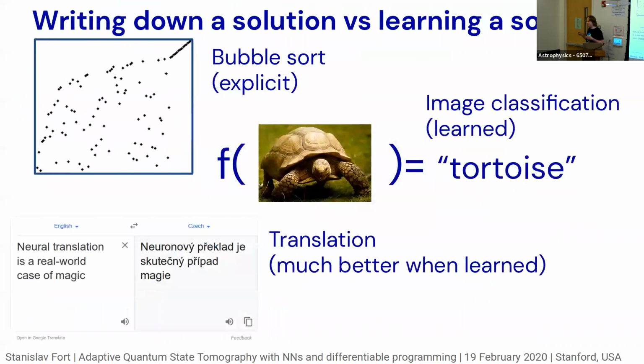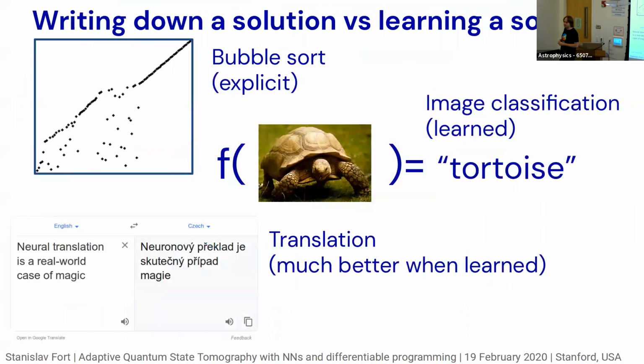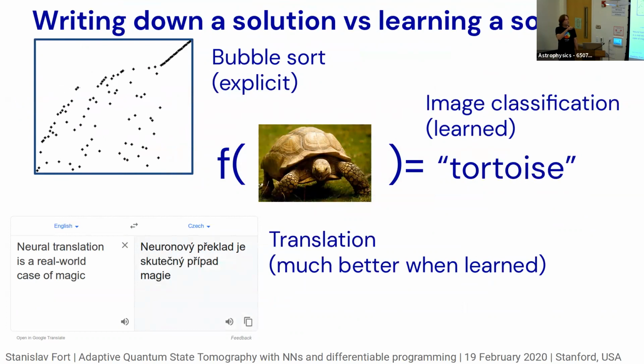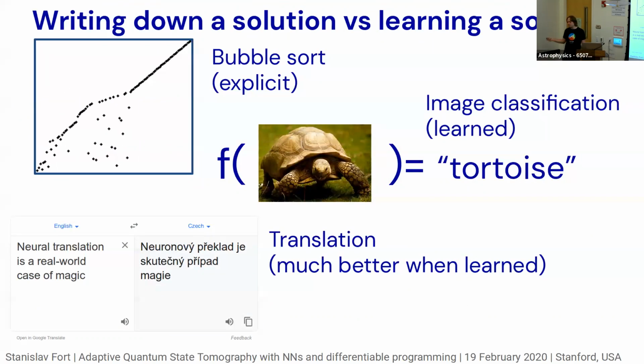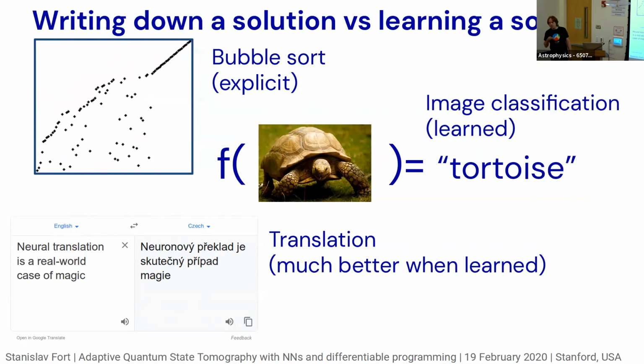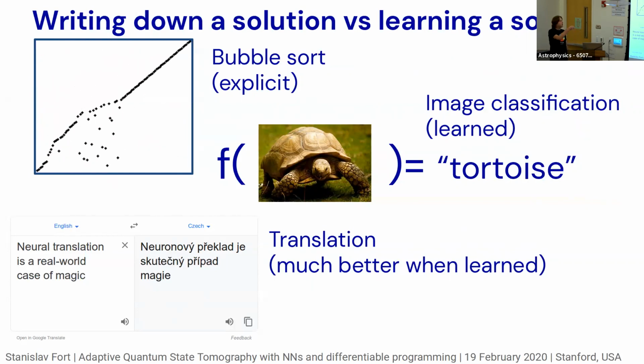Now, let's talk about why we machine learn solutions to problems. There are problems that machine learning is not suitable for. For example, sorting. This is a Wikipedia animation of bubble sort. That sorting algorithm is best written explicitly by hand, by analysis. You think about it and write it down, and then it works. It does your task at hand. That's an example of a problem, and there are many of them. For example, matrix inversion, where machine learning would fail quite badly if you were to learn that.